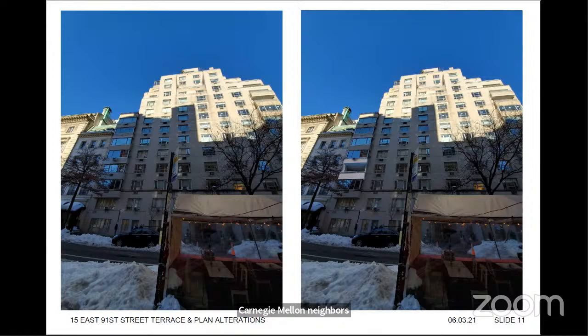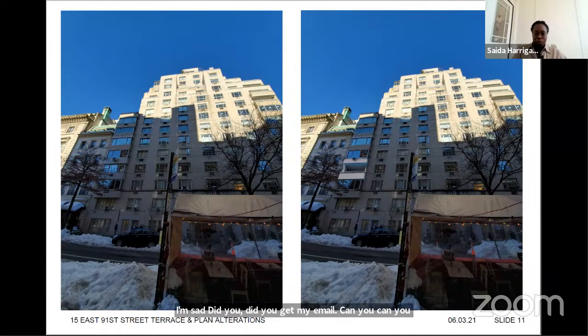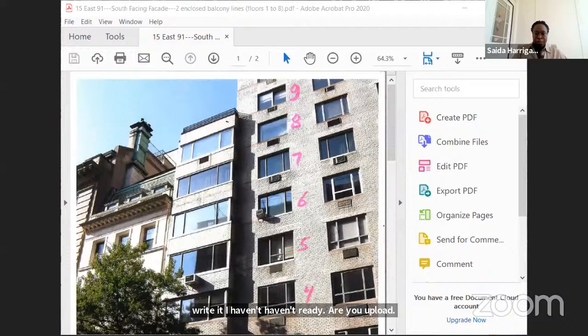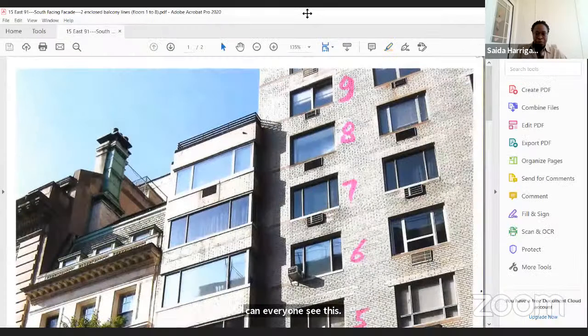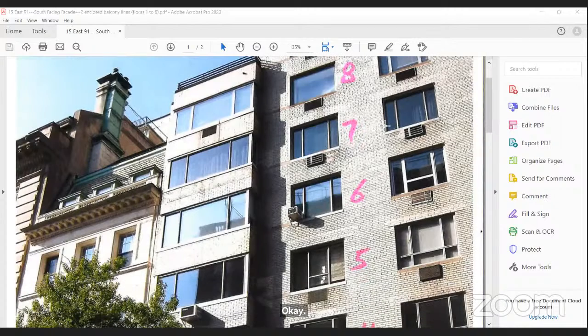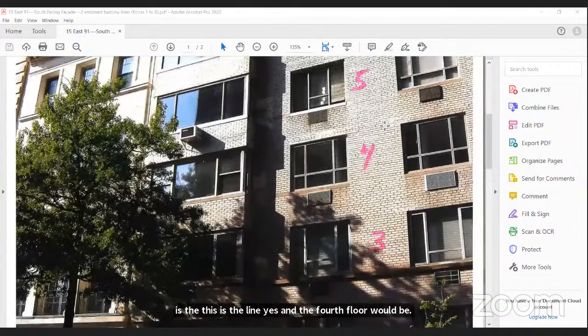Saida, did you get my email? I did. I have it ready. Are you able to upload? I am. Can everyone see this? Yeah, I think that looks good. Okay. This is the line, yes, and the 4th floor would be. I marked the floors in red